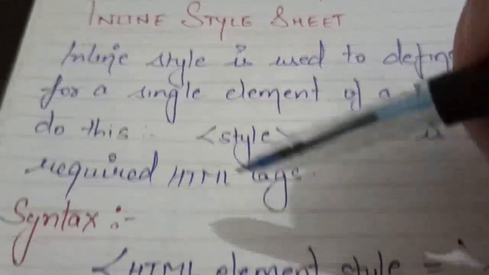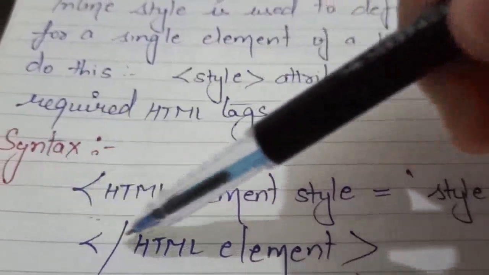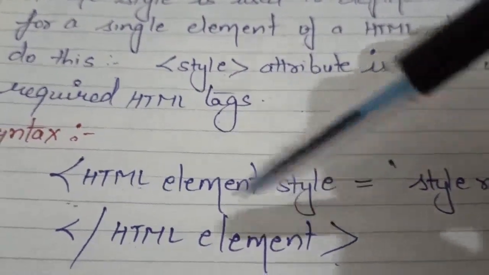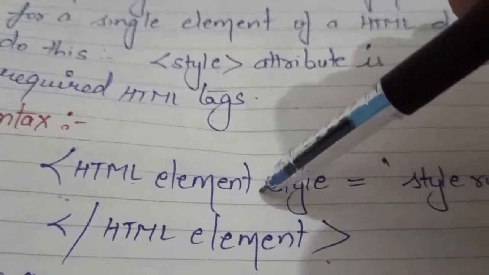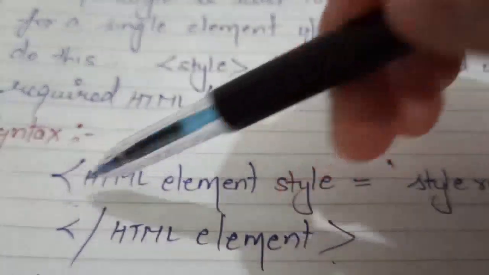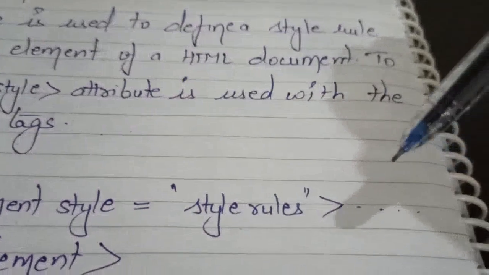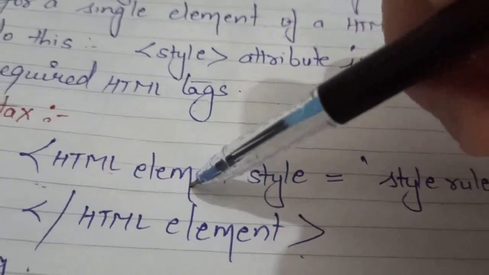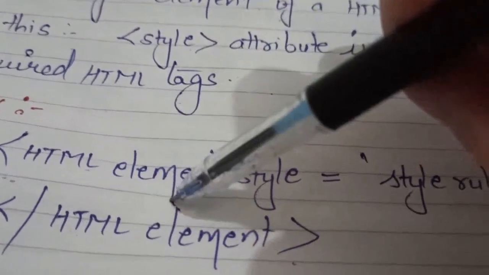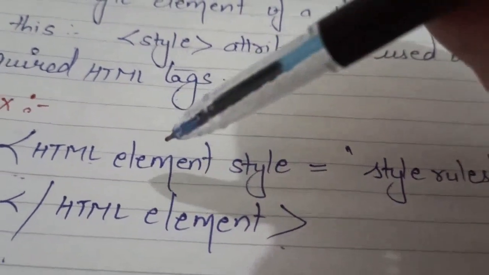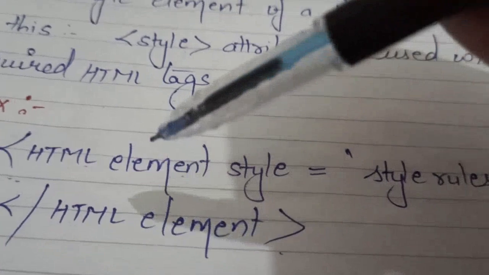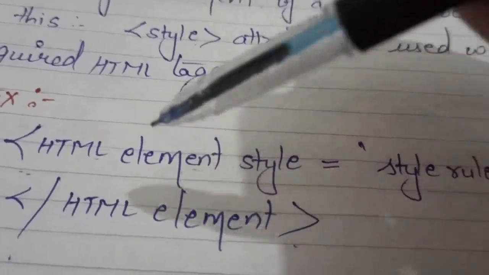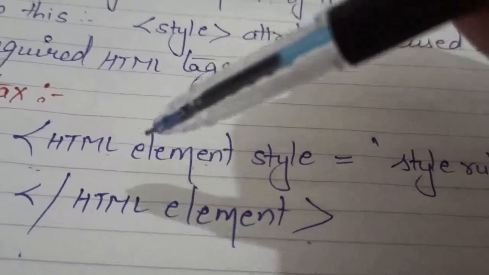Now what is the syntax? The syntax for defining this inline is first HTML element, style. यहाँ पे हम HTML का एलिमेंट देंगे. मैं टैग की बात नहीं कर रही हूँ क्योंकि एंगल ब्रैकेट ऑलरेडी लगे हुए हैं, ठीक है. सो यहाँ पे हम HTML एलिमेंट देंगे. अब HTML एलिमेंट कुछ भी हो सकता है, चाहे मैं बॉडी का हूँ, चाहे पी टैग, चाहे पैराग्राफ का हूँ, चाहे हेडिंग 1 का. Either I can say heading 2, means what HTML element we have to specify here.